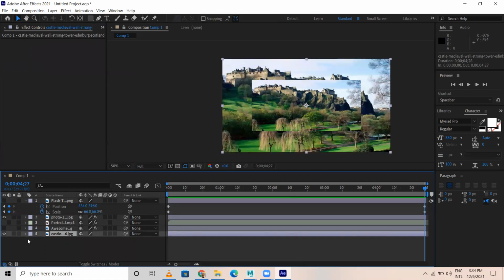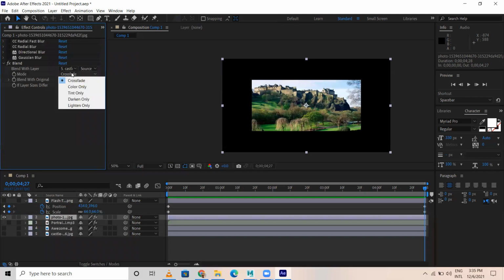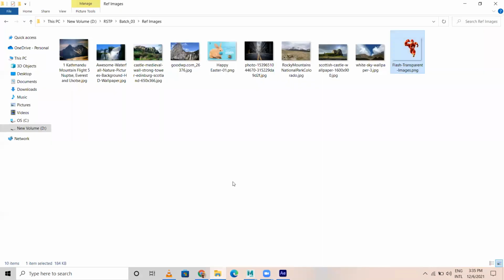Enable. For example, if I select this, I can blend two different images. Okay, let me give a best example now. Let me have two superheroes.